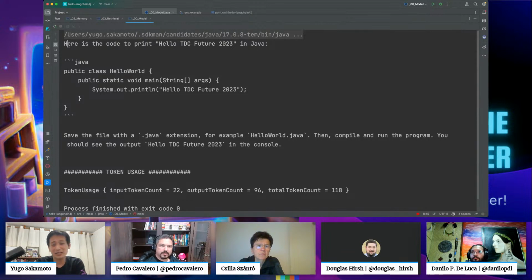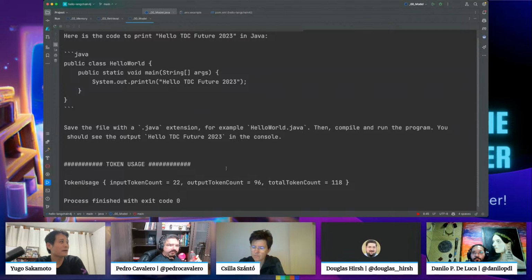Just by giving it an input, Hello world, printing hello TDC Future 2023, it gave me a concise answer and completed my prompt with concise text, with the example public hello world and hello TDC Future 2023, as I asked. So it's as simple as this. And for this example, it used 22 tokens for input and 96 tokens for output, a total of 118 tokens.